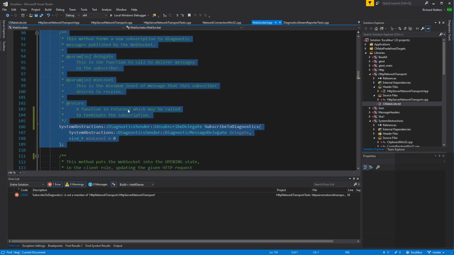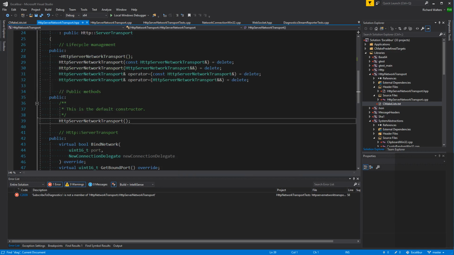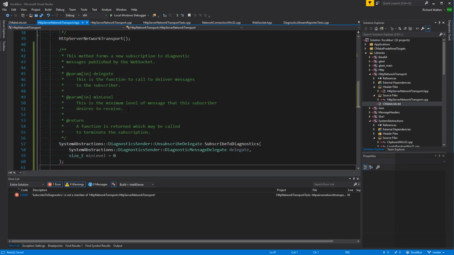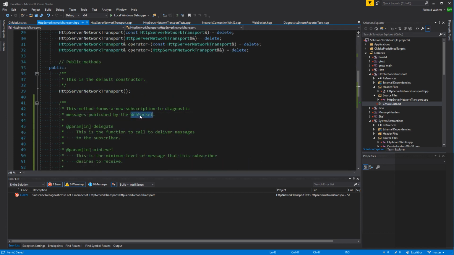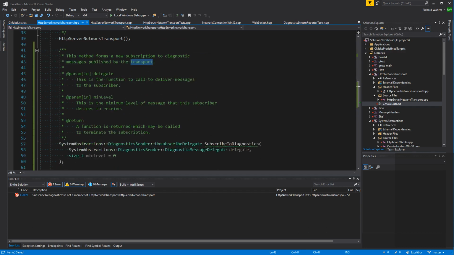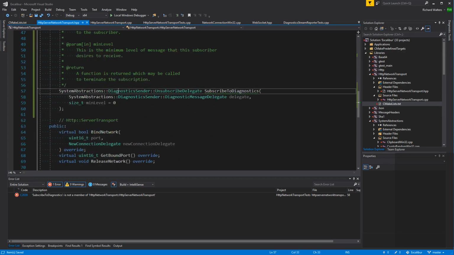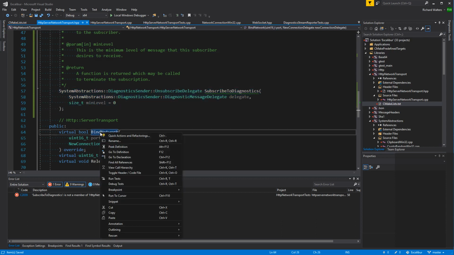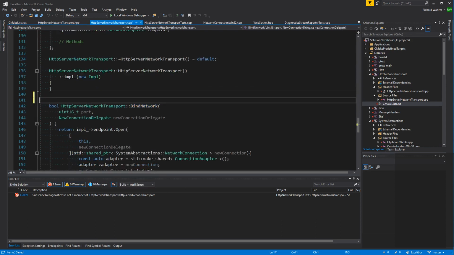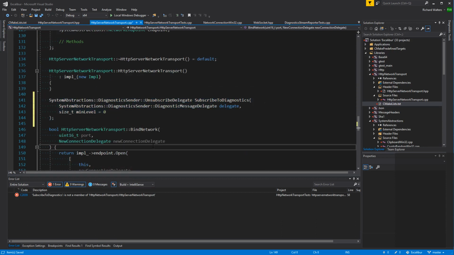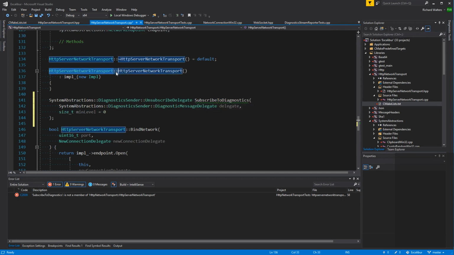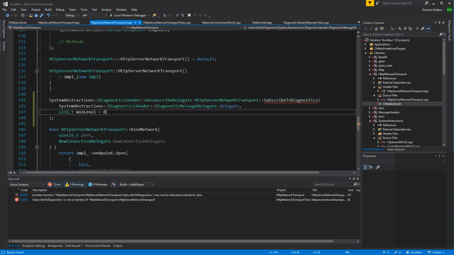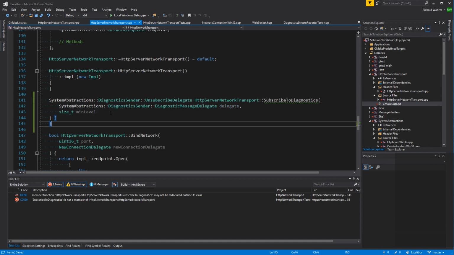So copy that and then put it in here. There. Change this up. This forms a new subscription to diagnostic messages published by the transport. Okay, and then we give a body to that. There. No redeclaration of that.